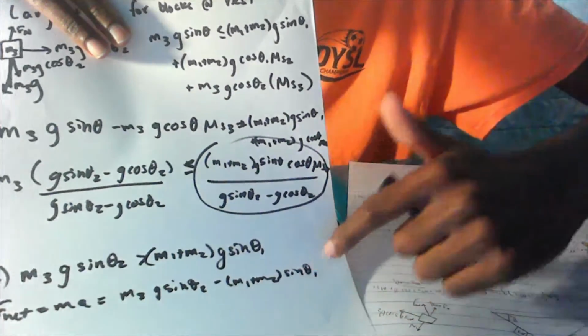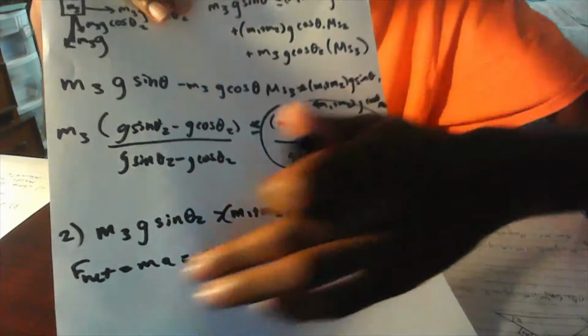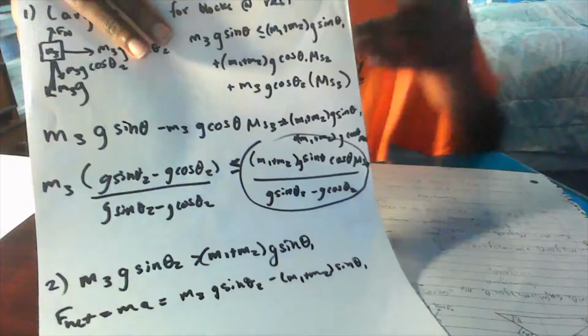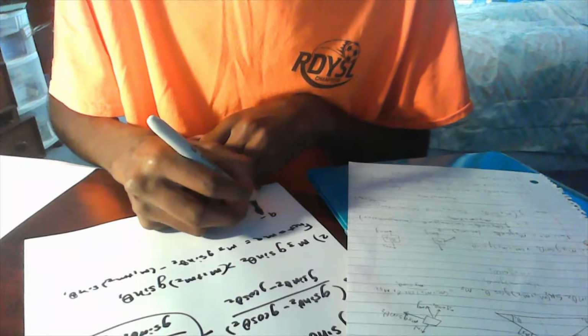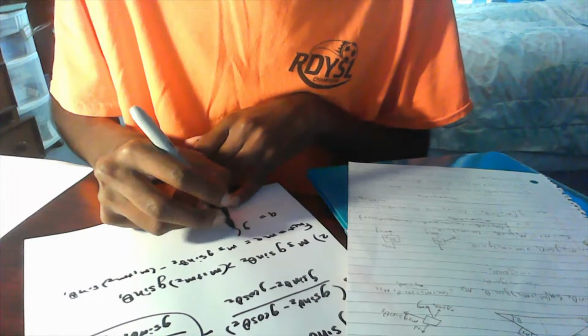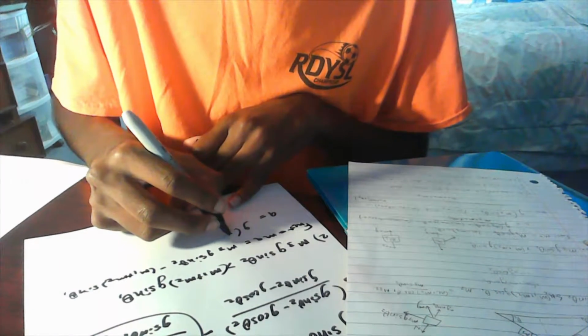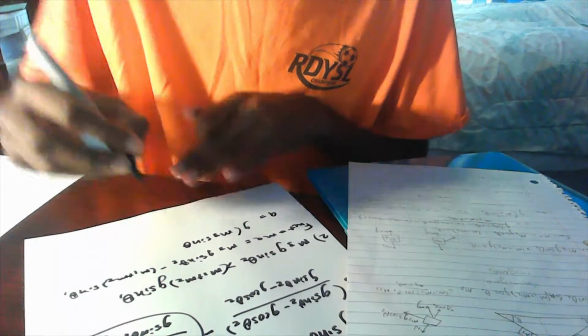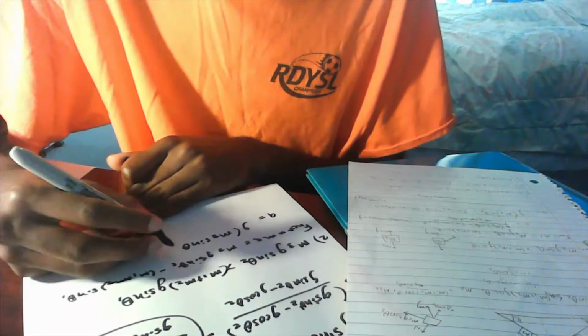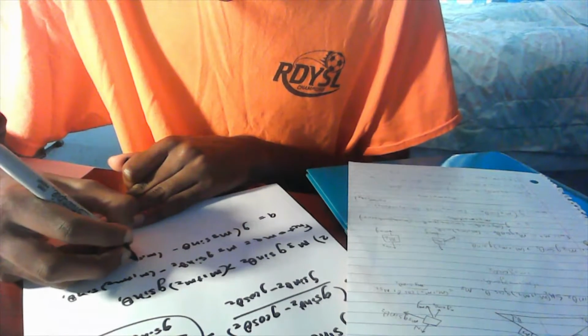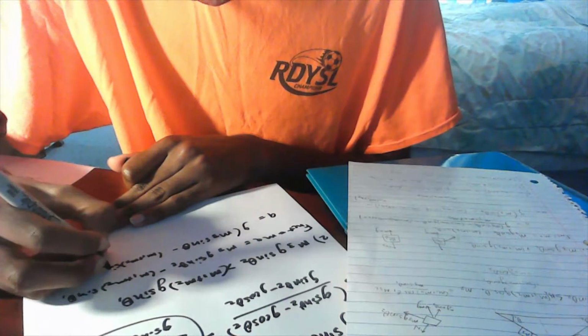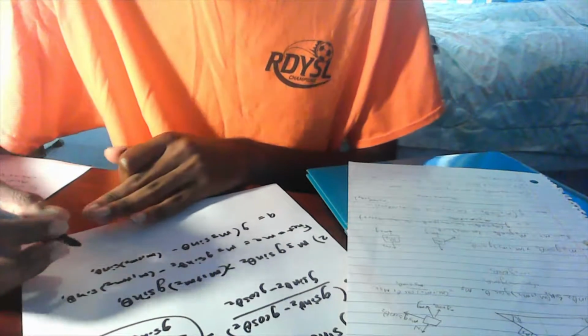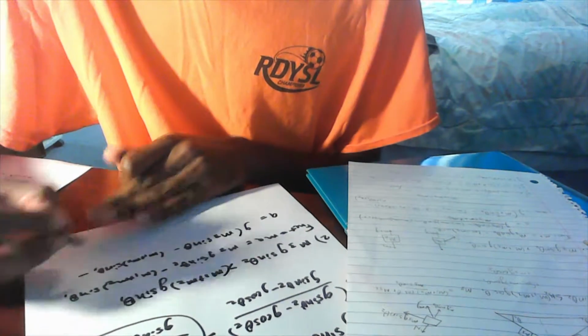And we'll go like that. So if you're just using Newton's second law, F net equals ma, and we're going to solve for the acceleration. So a equals g times m3 sine of theta 2. That's the gravity acting parallel to the incline. Force of gravity minus sine of theta 1. Again, gravity parallel to the incline minus